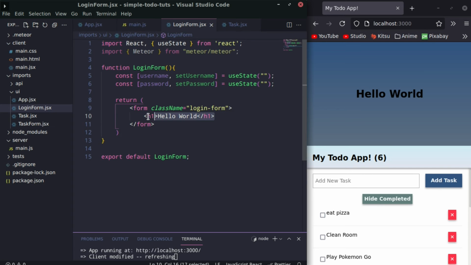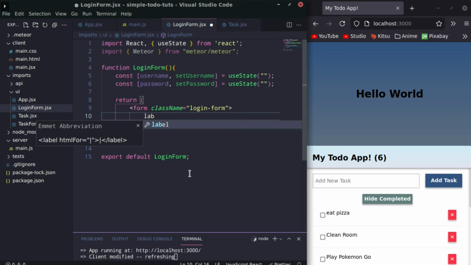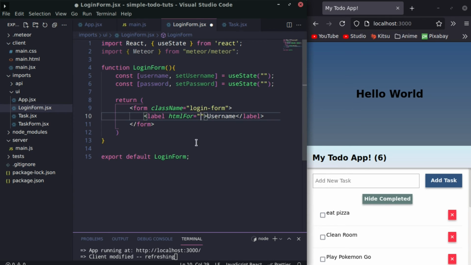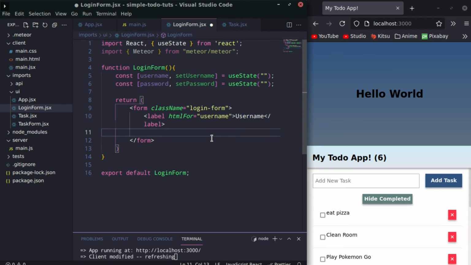Perfect. Now here we can replace that h1 with a label that says username. And here we can also specify username. And then we can also get an input here